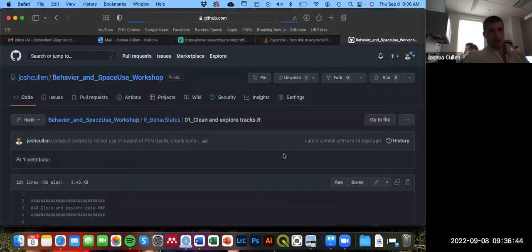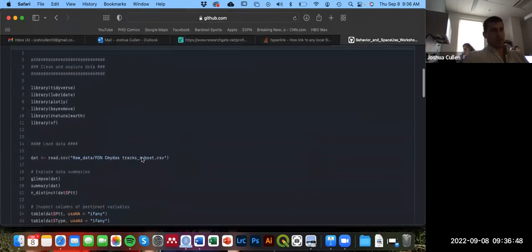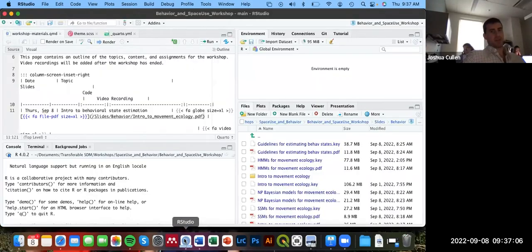One thing I do want to mention as we're starting up here is that I've essentially created a different directory structure for organizing these data sets and then the scripts themselves. So you may need to create some folders or modify these file paths. But one thing I highly recommend doing